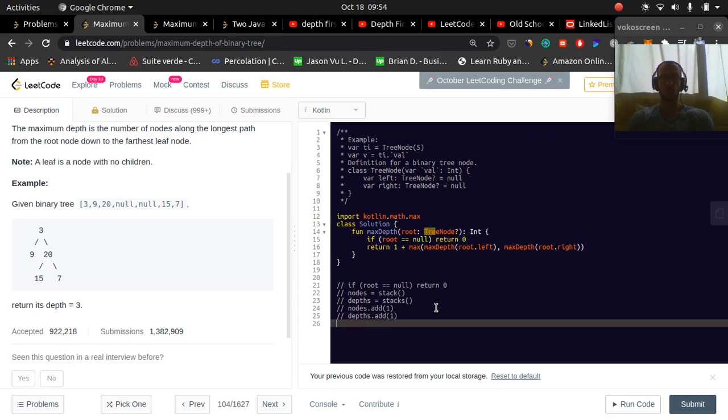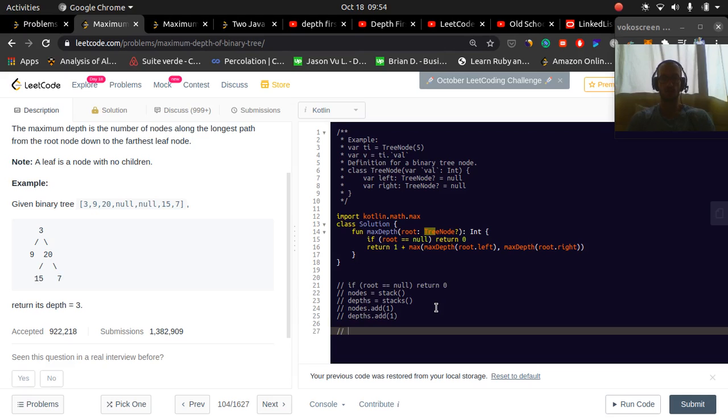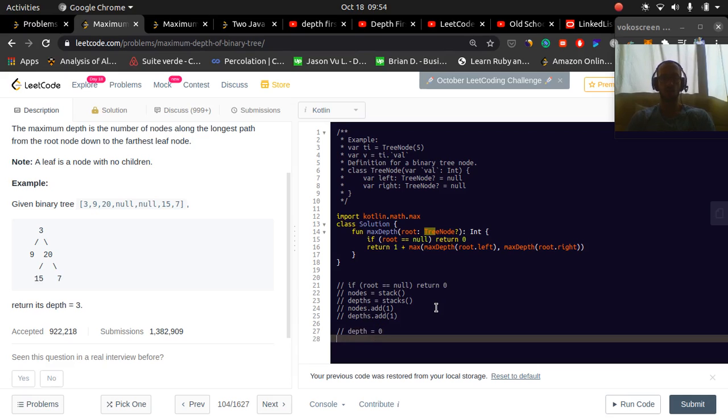And then we'll visit different nodes in a depth first manner. So let's think about this. Okay, so we'll have a variable depth, which we will end up returning. And so let's see. While nodes is not empty,